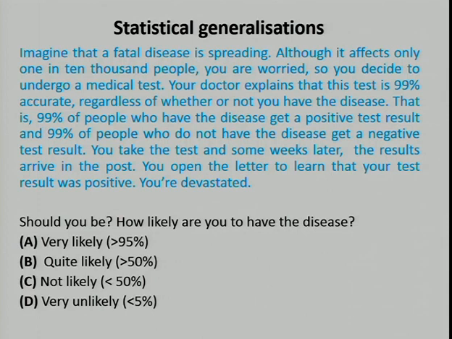Maybe just an intuitive show of hands, just gut feeling. It's very likely that you have the disease. You should be very worried. How many people think that? How many people think relatively likely, at least more than 50, but not really going for a strong reaction? What about C? Still fairly likely, but under 50. How many people wouldn't be worried by this at all, or almost at all?